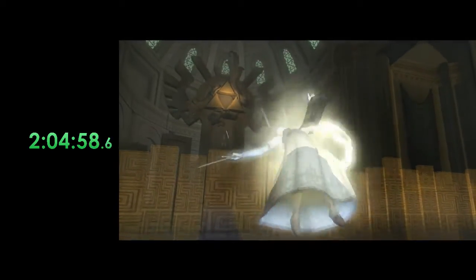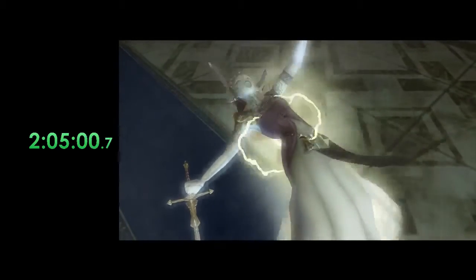And a swag final kill. So that was Puppet Zelda in like 1 minute and 3 seconds or something. Extremely fast. And the most time saved comes from the